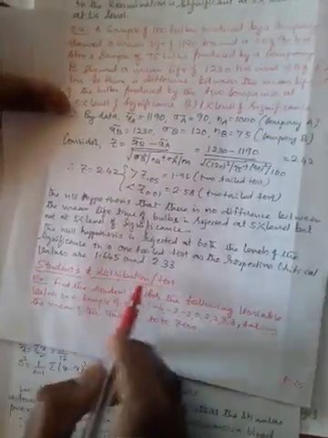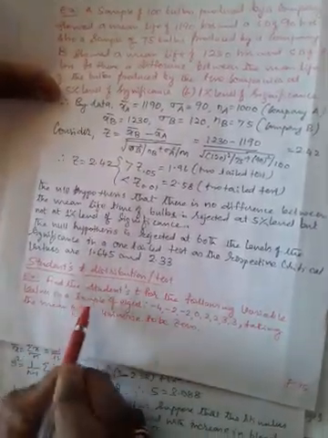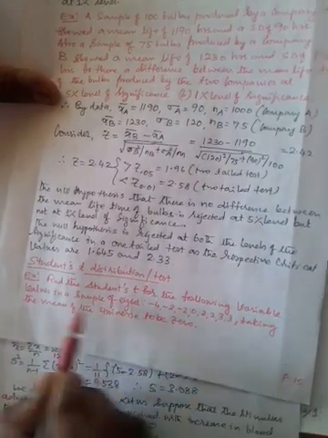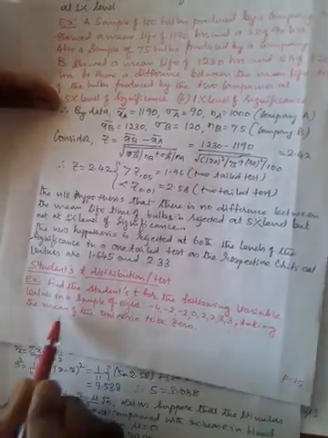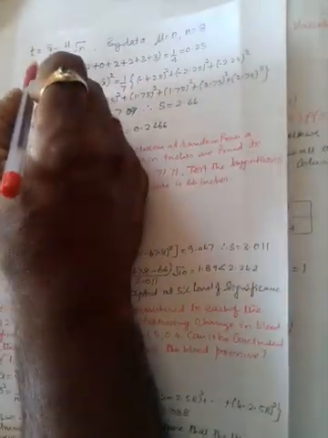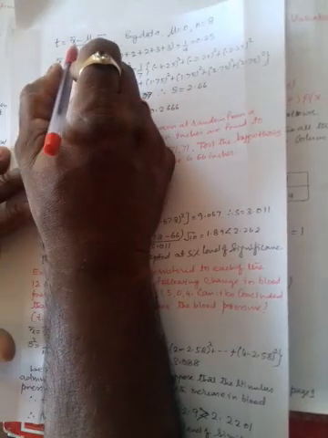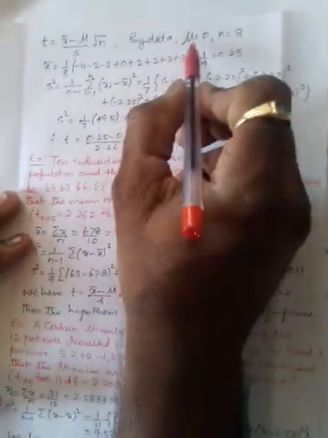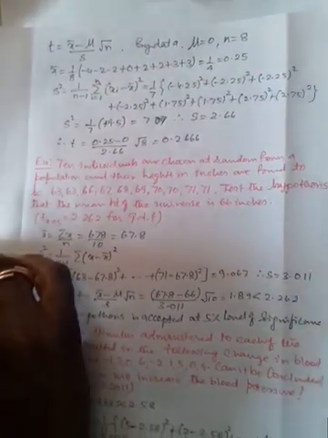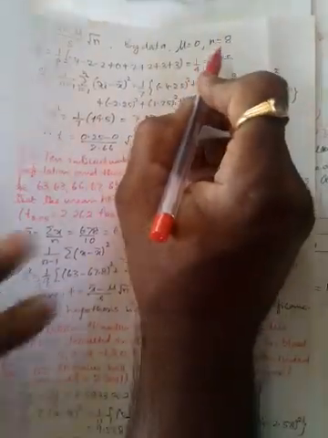Next, the students T distribution test. Find the students t test for the following variable values in a sample of 8. The values are given here, taking the mean of the universe to be 0. For the T distribution, t is given by x bar minus mu divided by s over root n. By the data, mu is equal to 0, because the mean of the universe is taken to be 0, n is equal to 8, the number of students. X bar equals the given data divided by the total number of students.